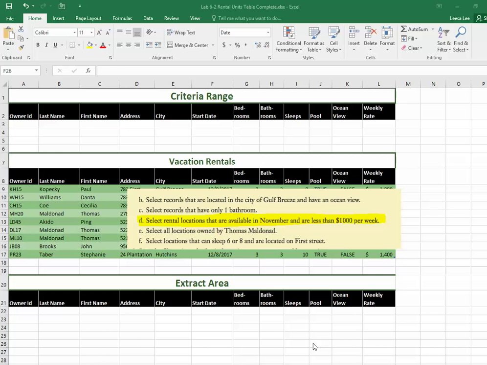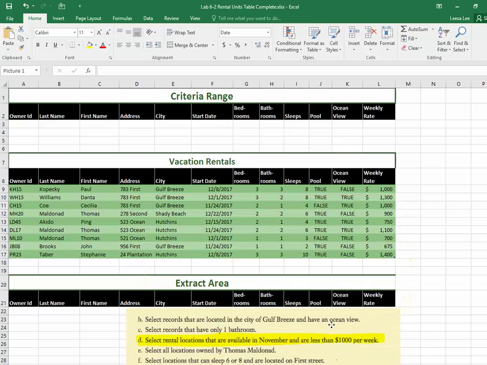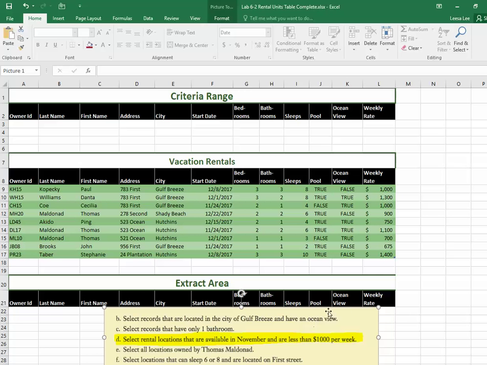So in item D, and I clipped it here, it's right in the middle there, select rental locations that are available in November and are less than $1,000 per week. So in order for this to work, when you use an and, you have to put the criteria on the same line. So the problem is, how do you get all of November? There are a couple of ways to do this, but I want to show you a way that I think will be helpful for you down the road when you're extracting information out of a database in